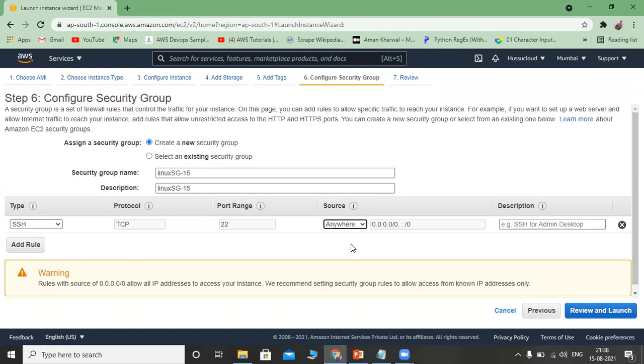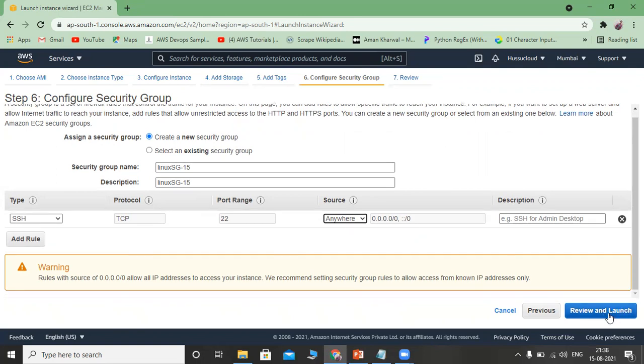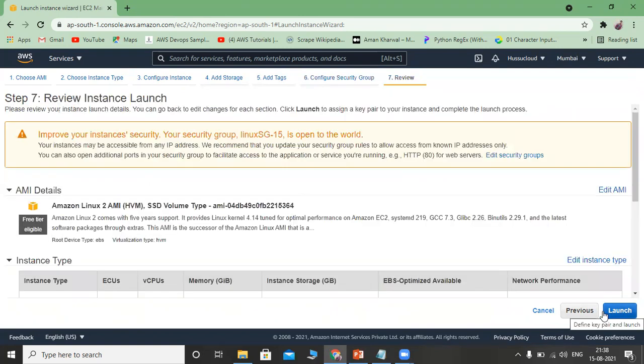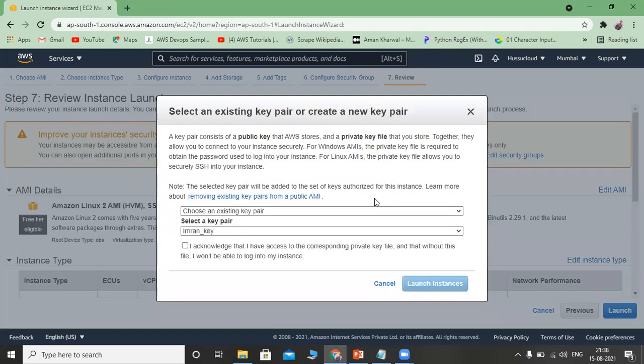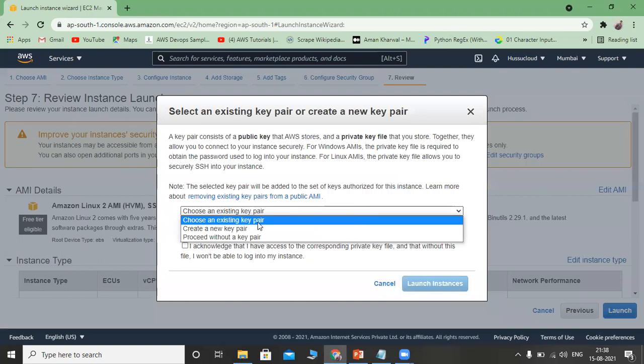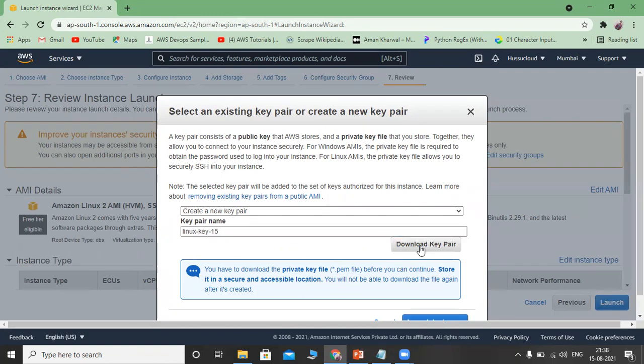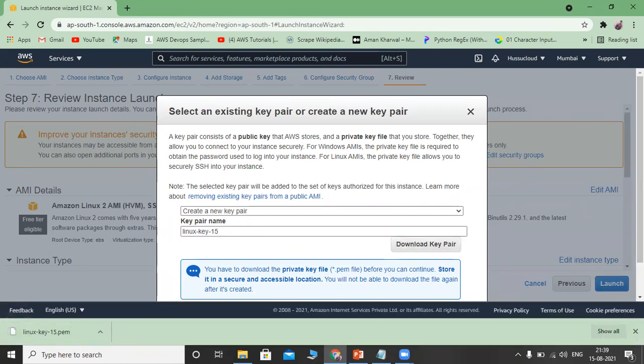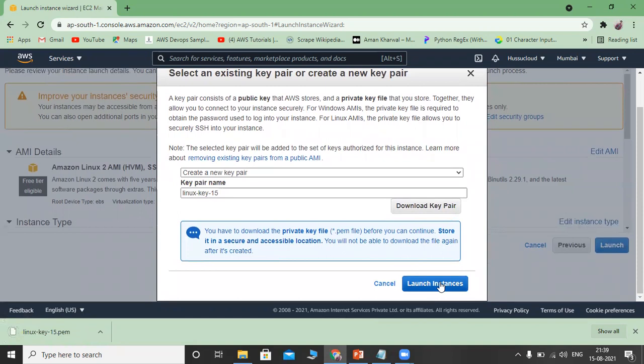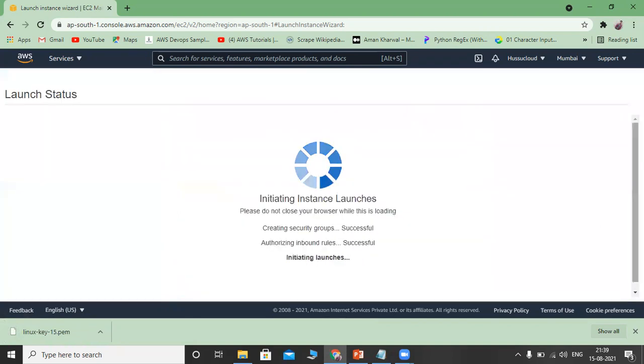Next, review and launch, and then launch. Download the key pair, create new key pair. This key pair will be Linux key pair. Download key pair. So I downloaded a key pair that contains credentials, launch instance.